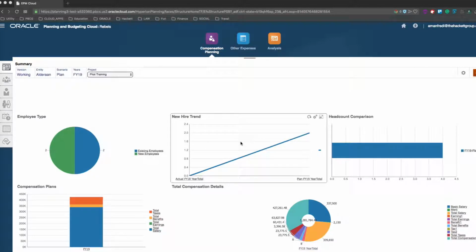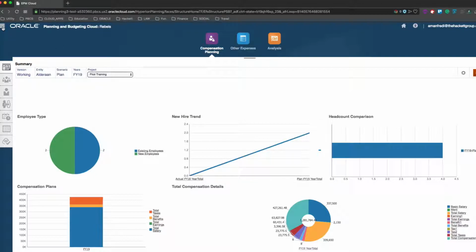Hi, this video will show you how to modify Workforce so that you can enter in bonuses directly by each employee, for both new hires and also existing employees. This is a modification of a template that Oracle provided for a workshop, but I customized it slightly for this application. There are a couple of ways that you can go about doing it, but the first thing you need to